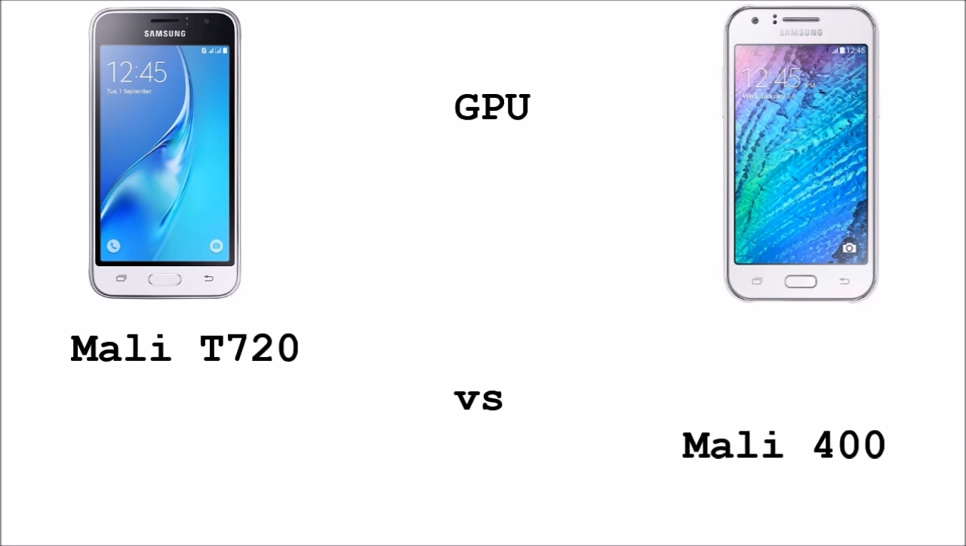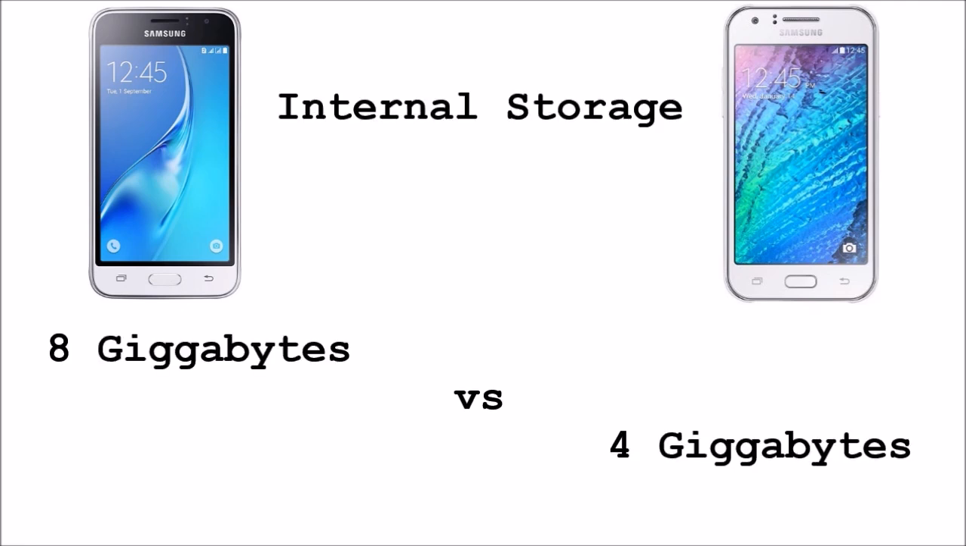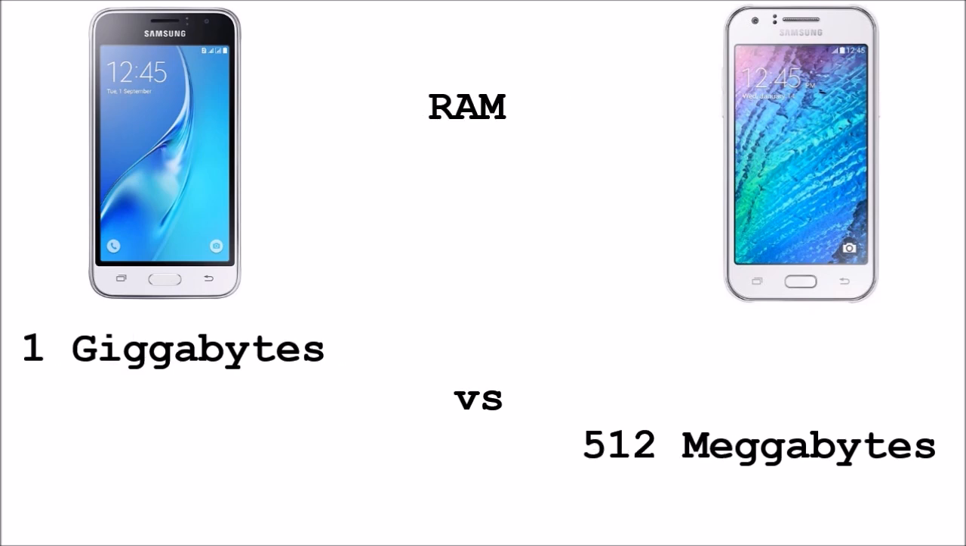As for the GPU, you got Mali T720 on J1 2016 versus the Mali 400 on J1 2015. As for the internal storage, we got 8 GB of internal storage on J1 2016 versus 4 GB of internal storage on J1 2015. So that's not enough in 2016, right guys? As for the RAM, we got 1 GB of RAM on J1 2016 versus 512 MB of RAM on